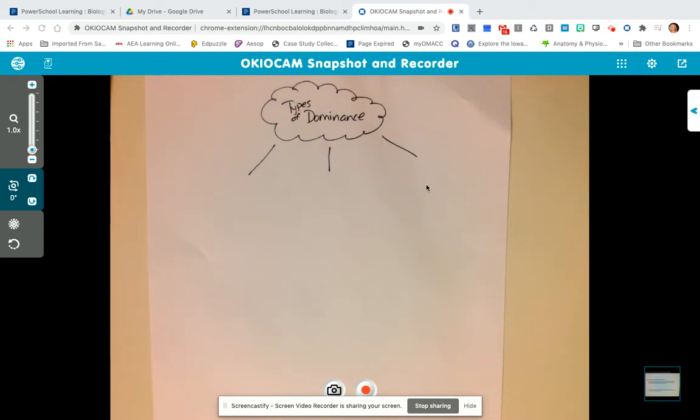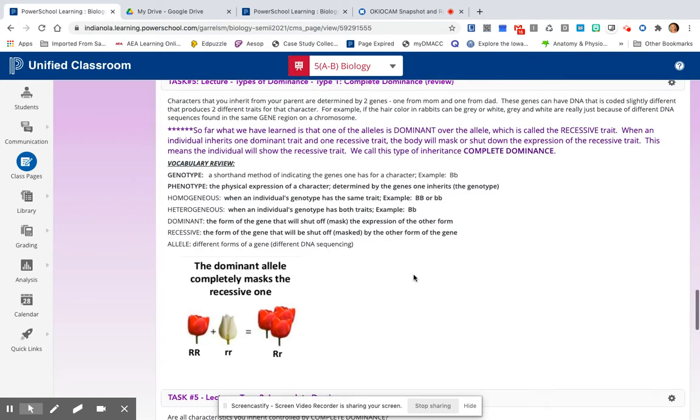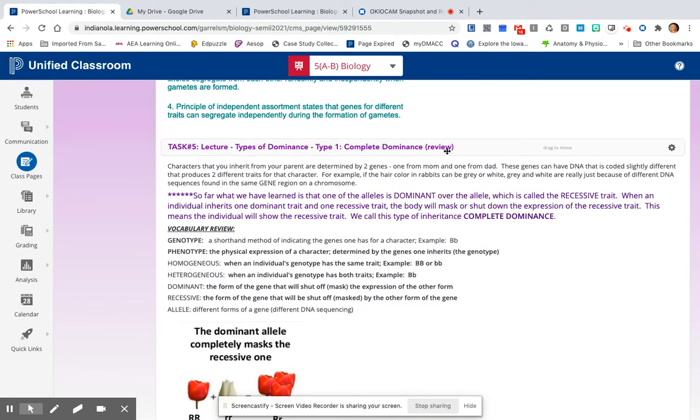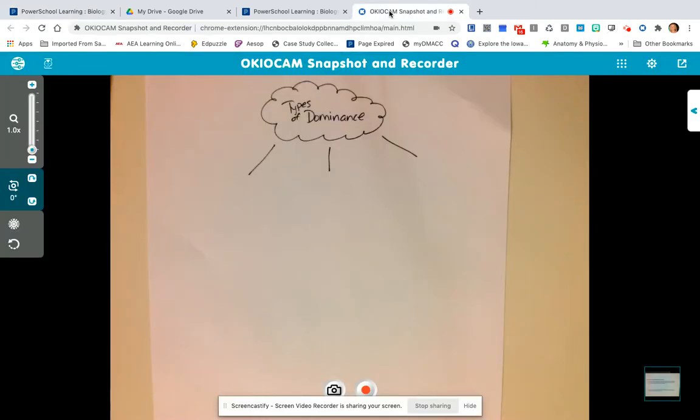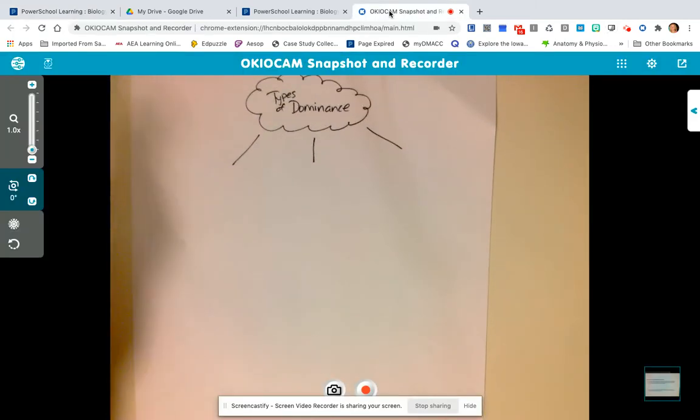Okay, now we're going to review the types of dominance. So again, on the PowerSchool page, this is on the Wednesday, Thursday page. It starts off here with some notes, some vocab review. This is something that I put on last year, kind of doing an explanation of what you've done so far. So if I go now to my little camera, if you think of the dominant and the recessive allele,